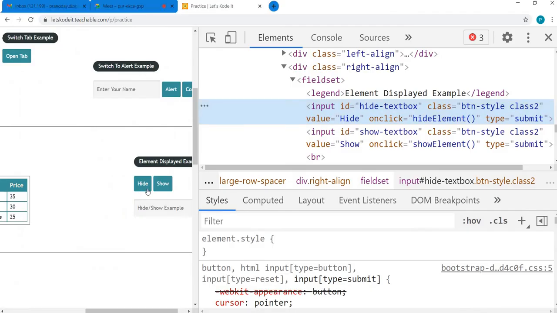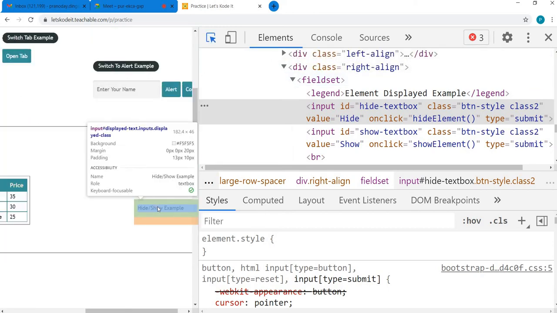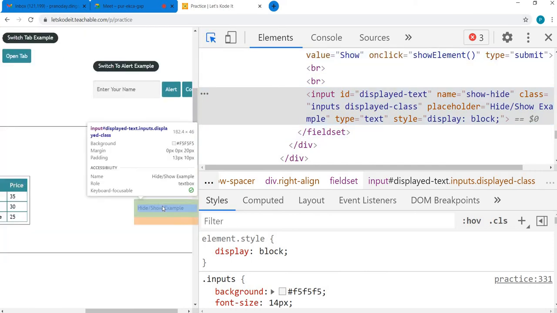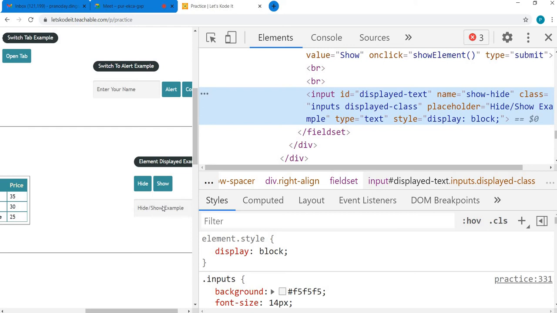Now once I click on this hide button, next I want to check the visibility of this element, right? So let's identify that element, but for identification let's spy that element. This operation of inspecting and understanding which attributes are set to that control is called spy operation or inspect operation. Here you can see again the ID attribute is set, name attribute is set, there is a class attribute, placeholder, type, style. So let's go with the name attribute this time.